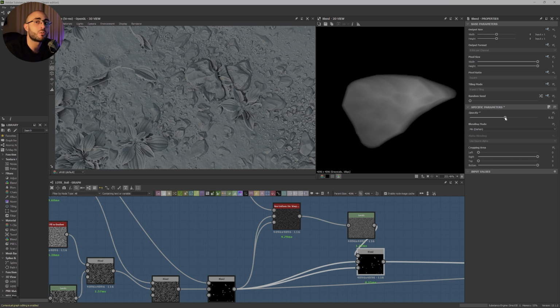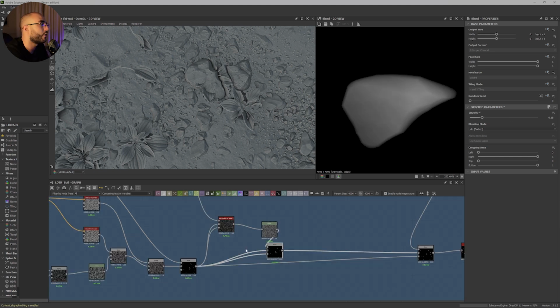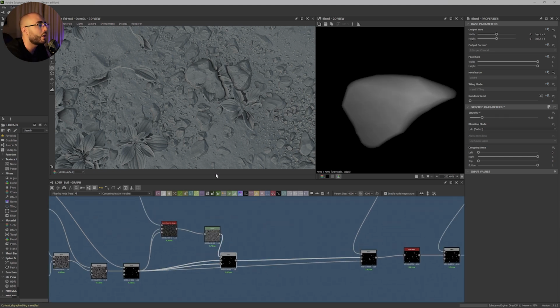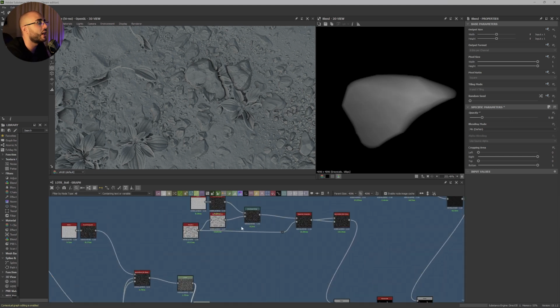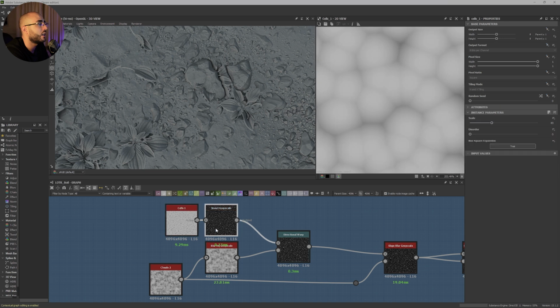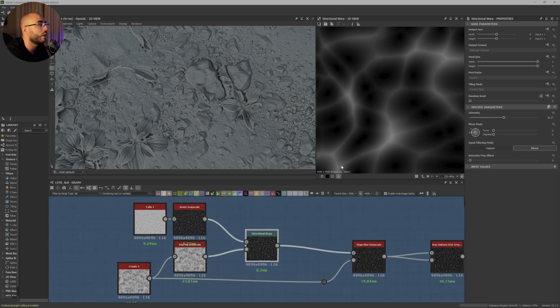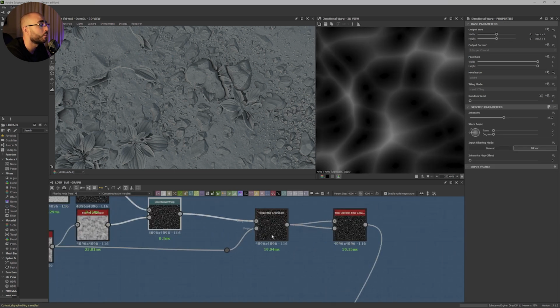Try to play around, try to see what you're doing, if it's working for you, or it might work for another situation. And if it doesn't work, try to see what part works and change what doesn't to something that could be useful for you. So we're gonna follow on the big stones. So once we had this in here, I actually started adding surface detail. I got again a cells 1 pattern with a directional warp and a clouds 2,